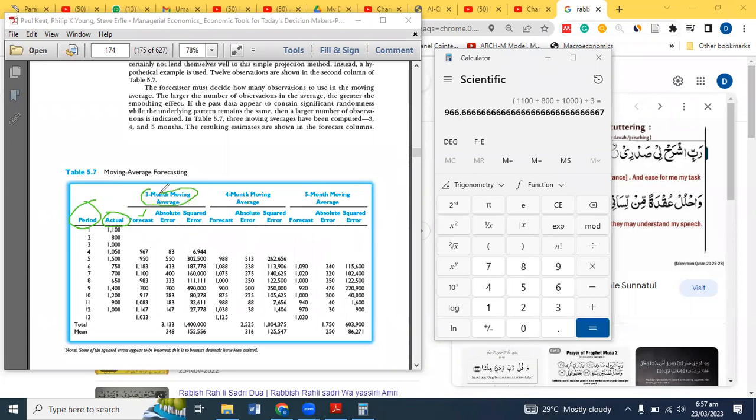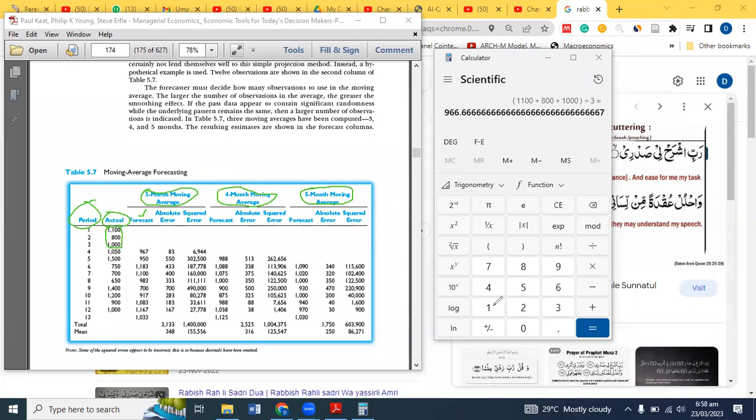How do we calculate the 3-month moving average? It is quite similar. If you understand the process for the 3-month moving average, you can easily calculate the 4-month and 5-month moving averages, right? Okay, let's start. In the 3-month moving average, we have to calculate three values. Initial values we are taking